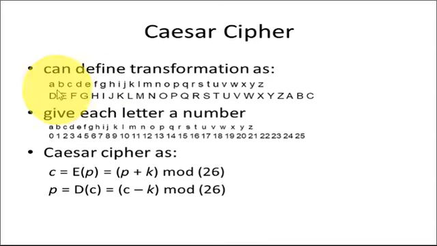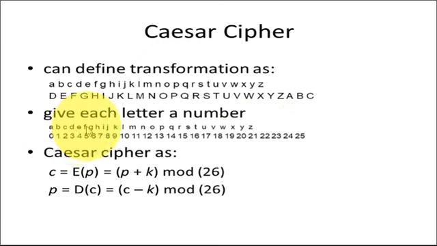Here is an example with the alphabet A, B, C, D. For A, the third letter is D. For B, the third letter is E. For C, the third letter is F. Likewise, this is the sequence. We can also do it mathematically: instead of replacing the message directly, we represent the letters A to Z as numbers 0 to 25. A is replaced by 0, B by 1, C by 2, likewise Z by 25.